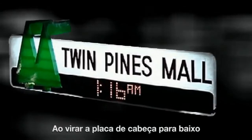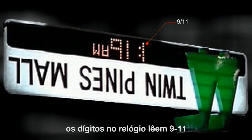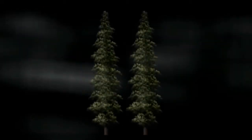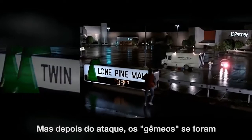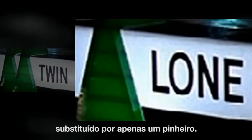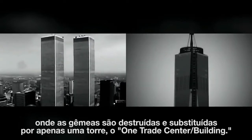When we turn the sign upside down, the digits on the clock read 911 or 911. The Twin Pines are a symbolic representation of the Twin Towers. Before the terrorist attack, the twins are present, but after the attack, the twins are gone, replaced with a single pine. This takes place on 9/11, where the twins are destroyed and replaced with a single tower, the One World